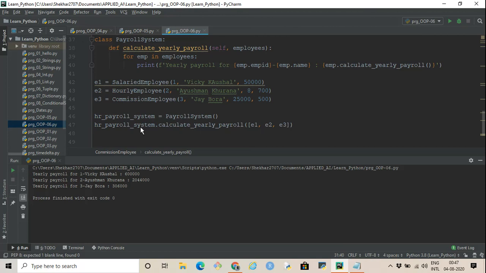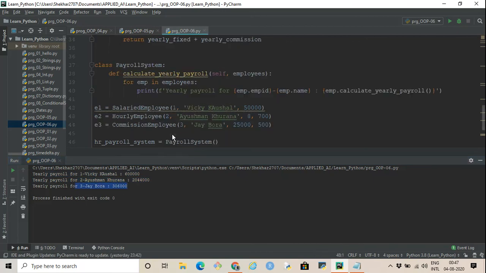It will call this particular method calculate yearly payroll, and this list of employees is passed as an input or a parameter to this method. And within this method, it will loop through the employees, and for each employee it will print the employee ID, name, and the yearly payroll. So this is what you see for yearly payroll. For employee 1 it is this, yearly payroll for employee 2 is this, and yearly payroll for employee 3 is this.